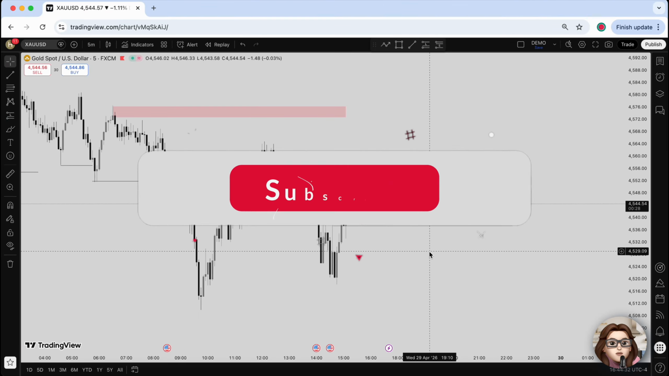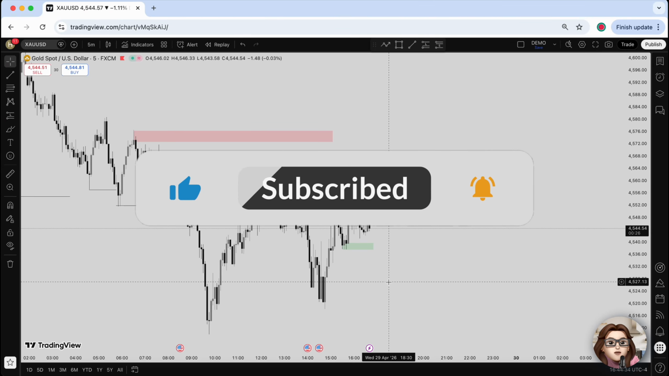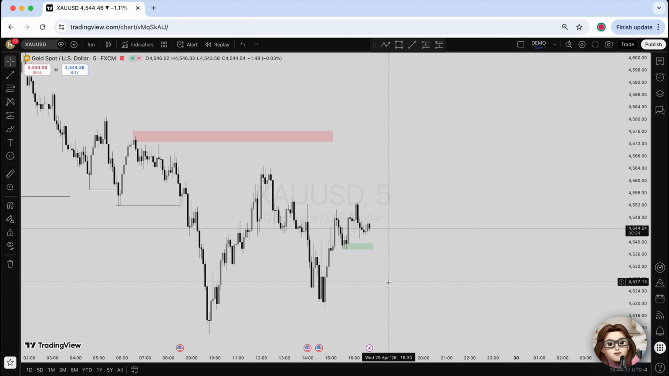In this tutorial, I'll show you how to draw support and resistance levels in TradingView so you can identify key